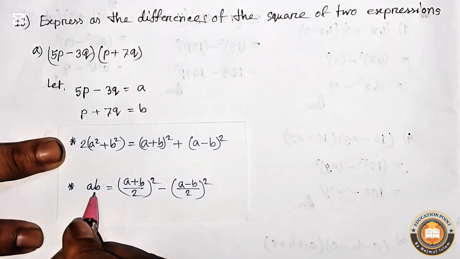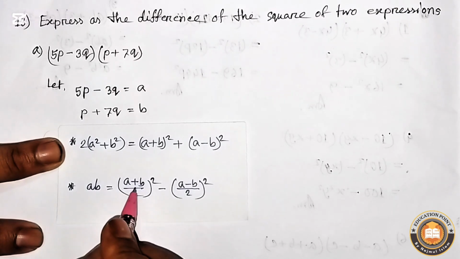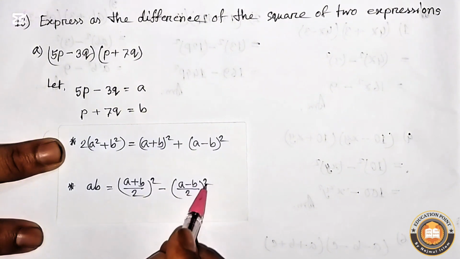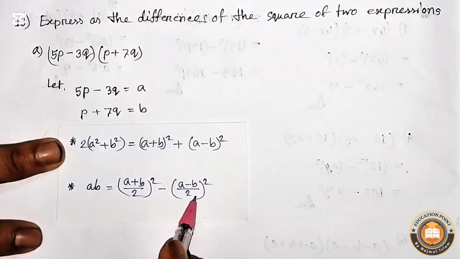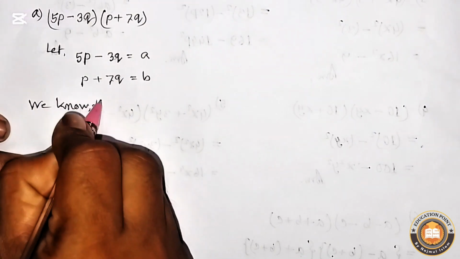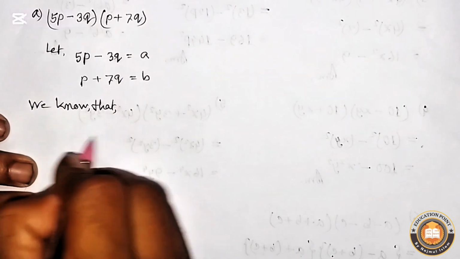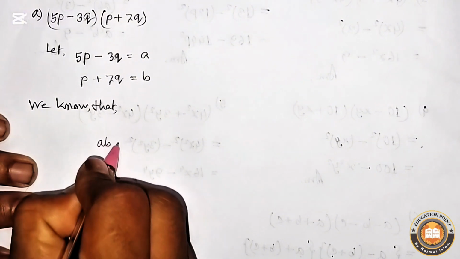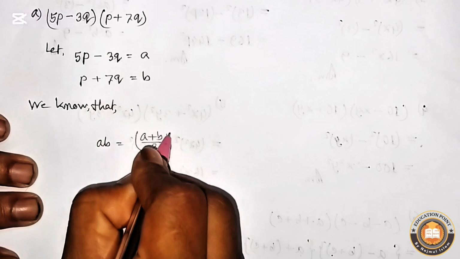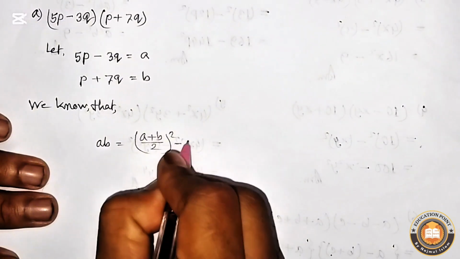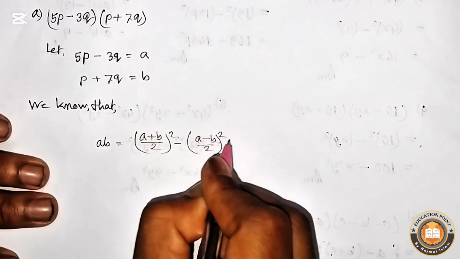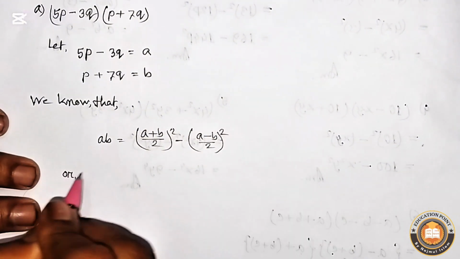Here we will apply the formula of ab, that means (a plus b by 2) whole square minus (a minus b by 2) whole square. We know that